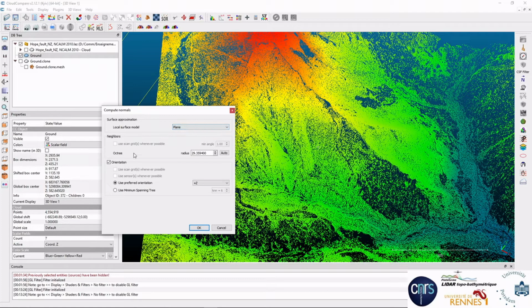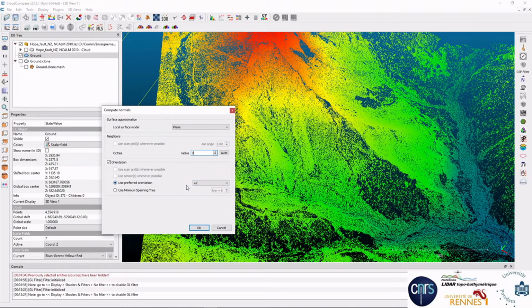But with a plane, we are going to identify a certain radius within which we're going to look for neighbors. Here we're going to use a radius of about, let's say, 7 meters. It will take all neighbors within 7 meters, fit a plane, and compute the normal to this plane.